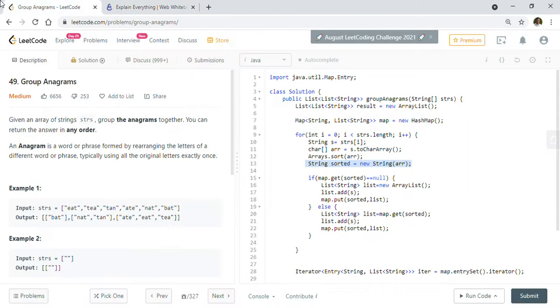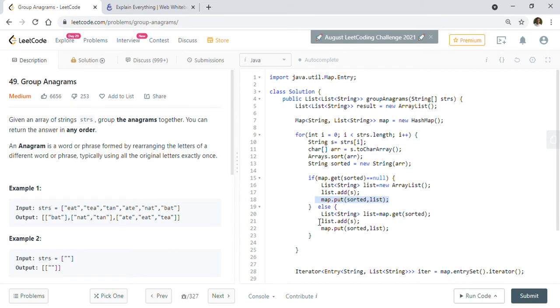So that's why we have created the key here, and we will check if the map has that key. If it's not already there, then we will create a new linked list, and we will add the original string from the string array, and we will put that into the map as a key value pair.